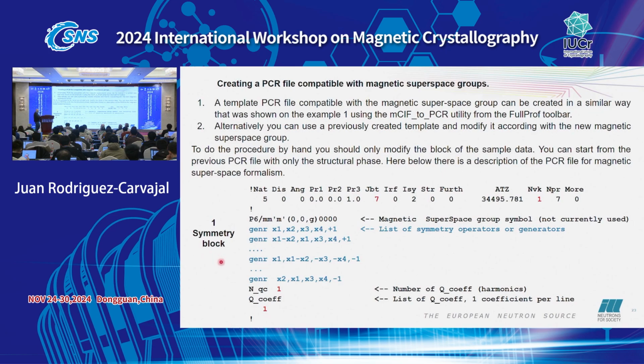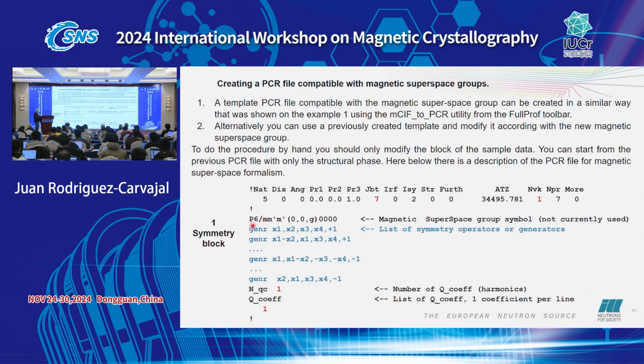You have a block, the symmetry block. In the symmetry block you have, for example, the number of atoms. JBT equal to 7 is to tell the program that we are using superspace. In that particular case, we have a single propagation vector. This is not quite true because the 0 is always assumed, if we have only one satellite. And here we do not have to put -1, like in basis representations, because here, necessarily, you have k and minus k.